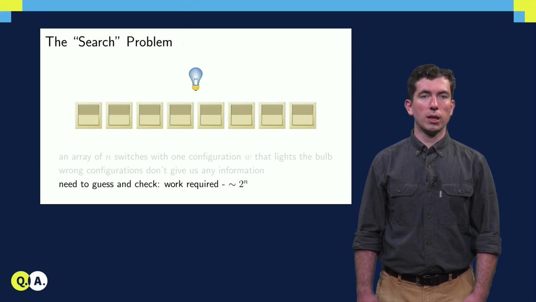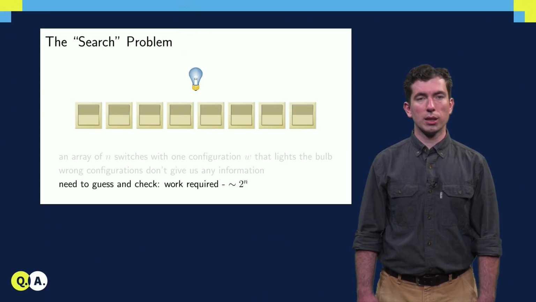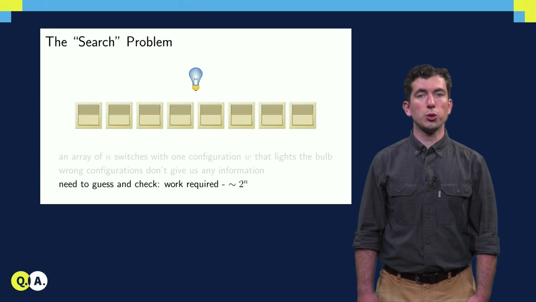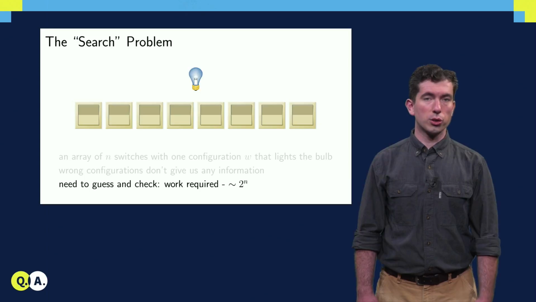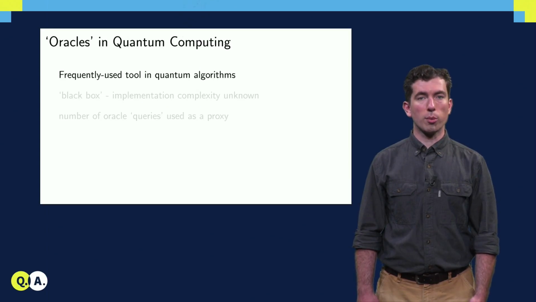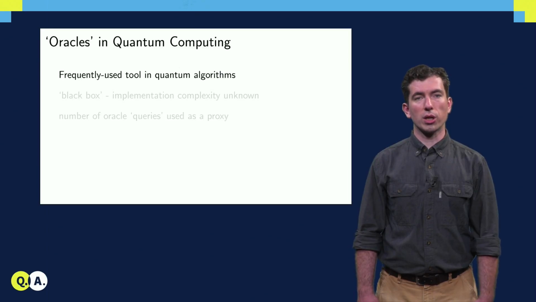For this problem, if we limit ourselves to classical algorithms, there's no essentially better strategy than to guess and check repeatedly until we find W, the correct configuration. This requires a number of switch flips that scales as 2 to the n, which can get quite large as n grows. To lay out the corresponding quantum algorithm, we're going to need to make use of another building block,